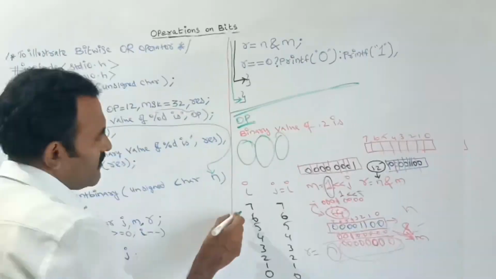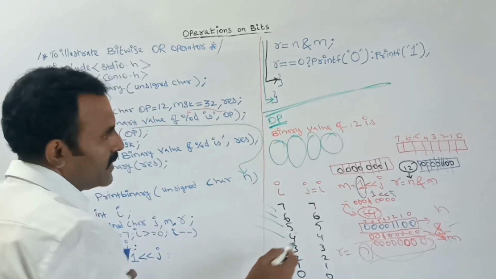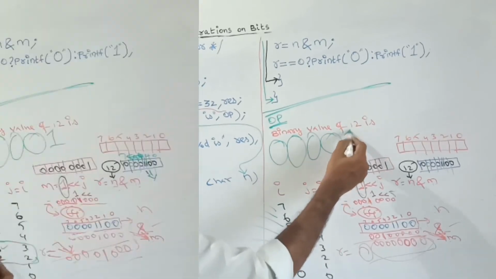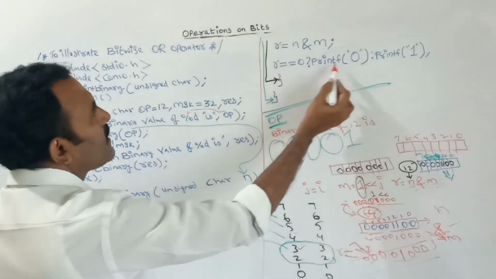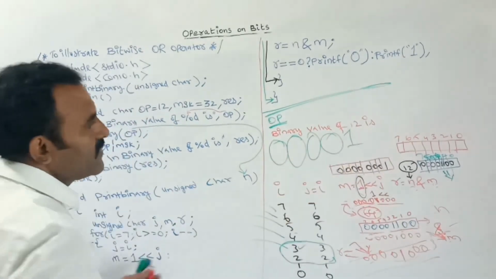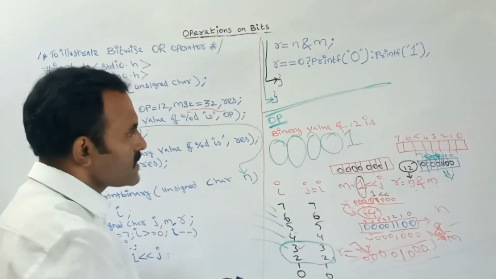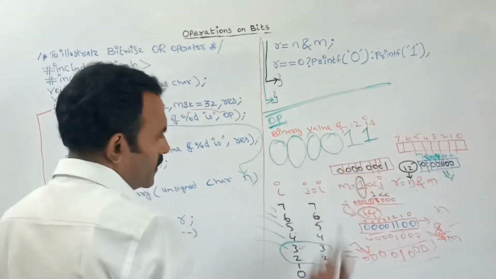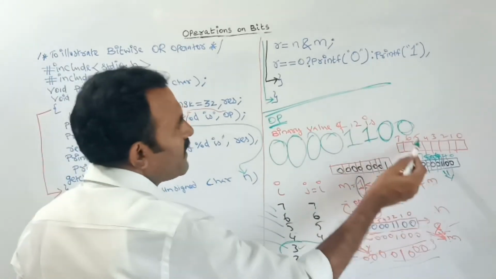Next, in a similar way, the 7th position, 6th position, 5th position, and next the 4th position also, if you calculate, the result will be 0. Next, the third position: when I is equal to 3, the R value will not be 0. Once it is not equal to 0, it will print the value 1. So the third position prints 1. In a similar way, in the next iteration when I is equal to 2, the R will have some value, so it will print 1. Next 0. In this way, this binary value will be printed.